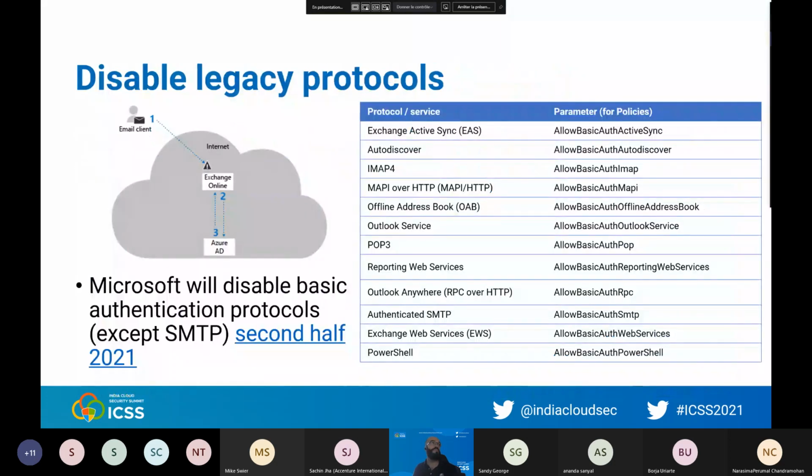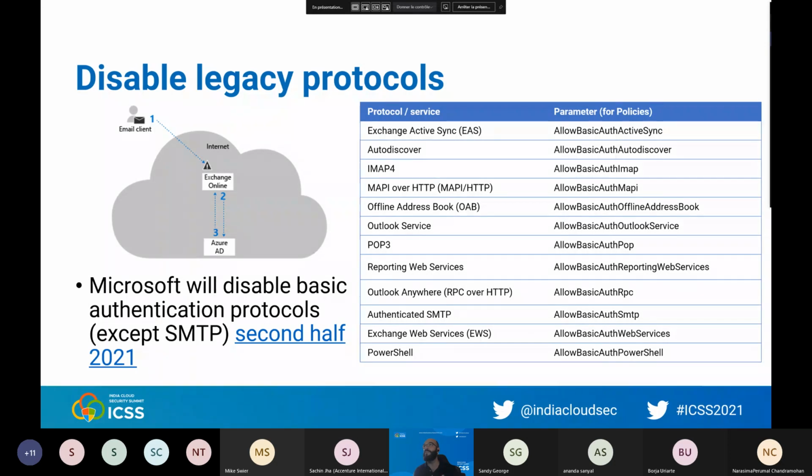Also important to do, and it's not done yet: Microsoft will disable basic authentication protocols. What we call basic authentication protocols are IMAP, SMTP, POP3, all those old school protocols. Those protocols are not using MFA.